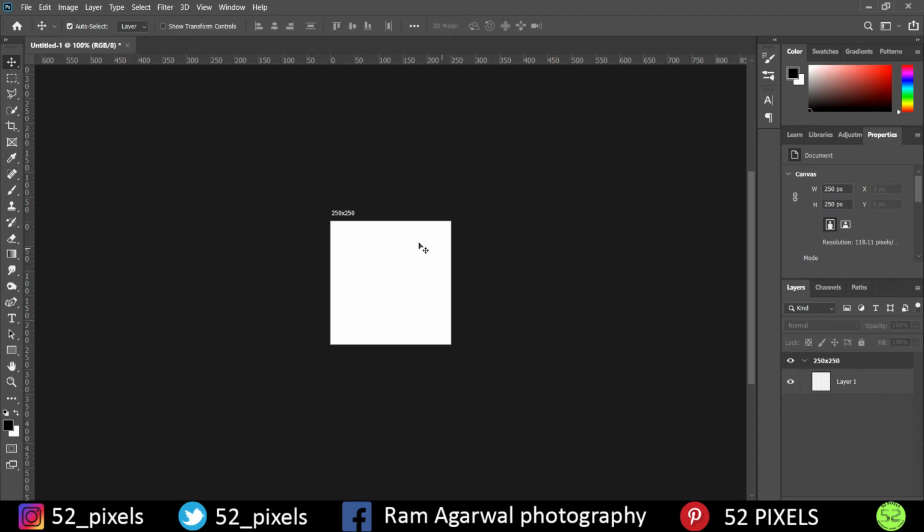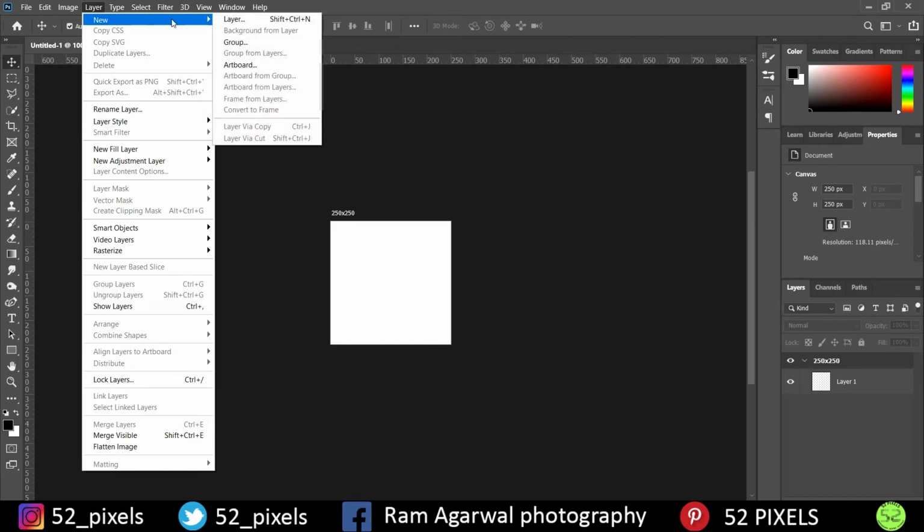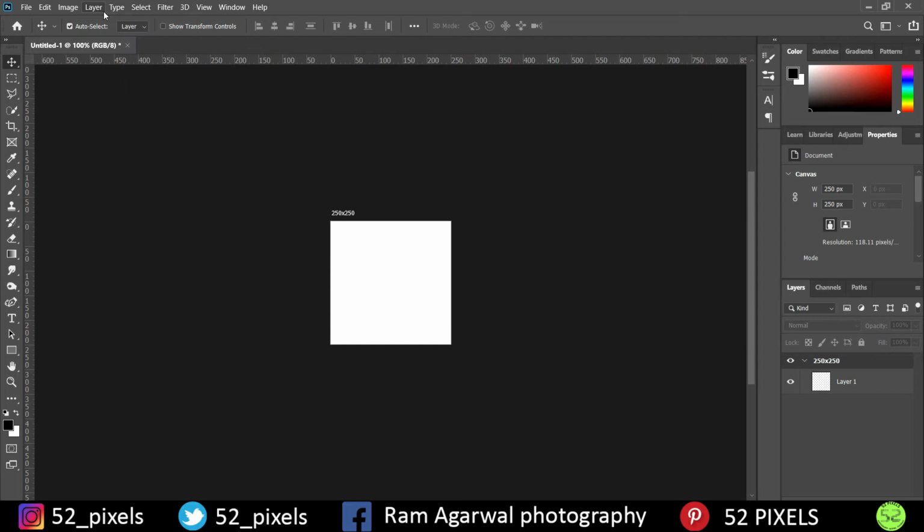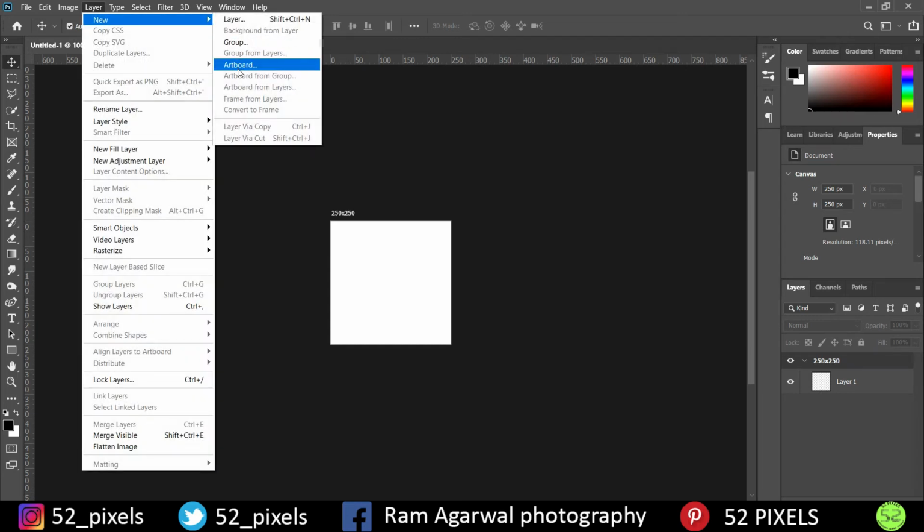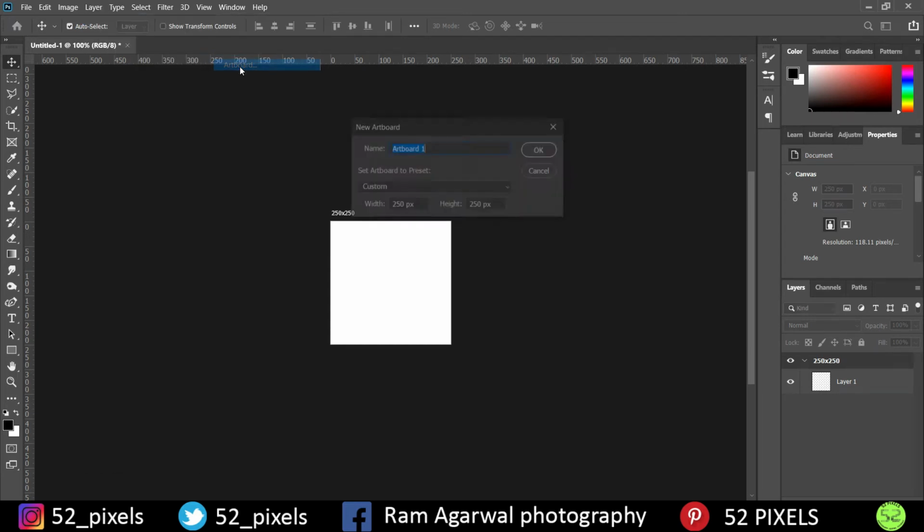Currently, as you can see, I have created this 250 by 250. Now we are going to create two more. Instead of going back and creating a new document, what we are going to do is just go to Layer, go to New, and once you go to New, this toolbar appears where we have to select Artboard. If I click on Artboard, I can get the settings of its name and the dimensions by width and by height.